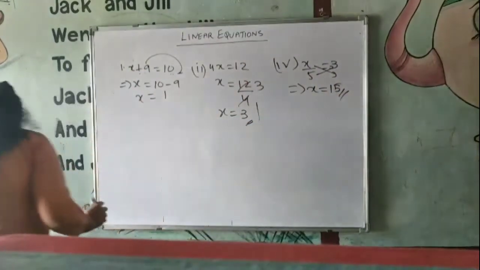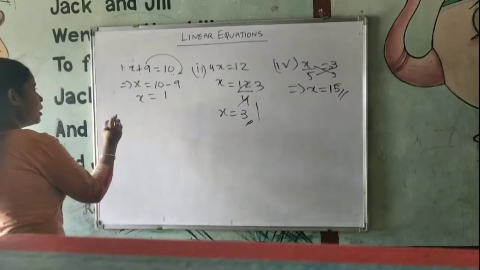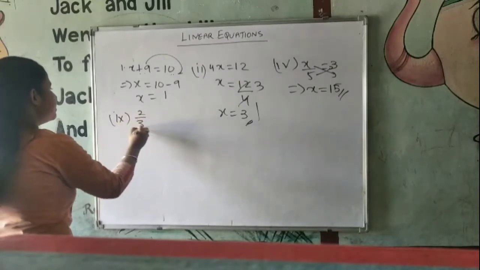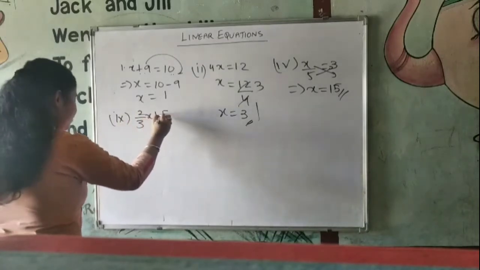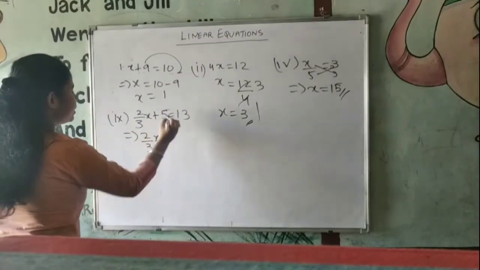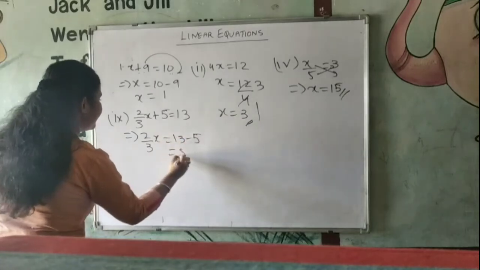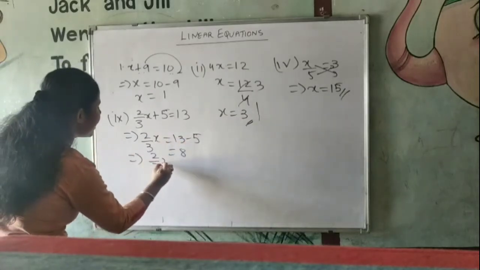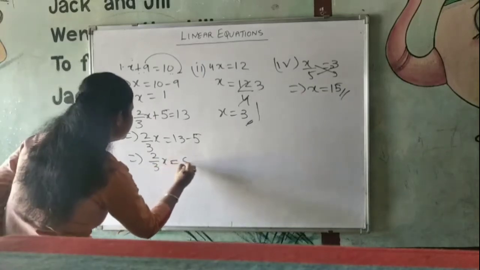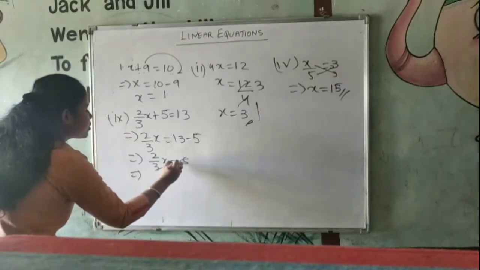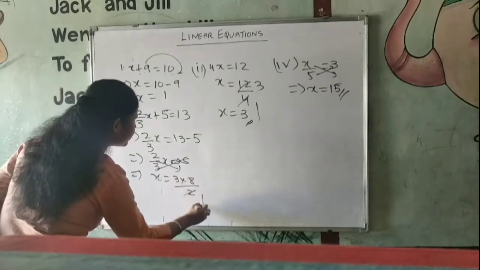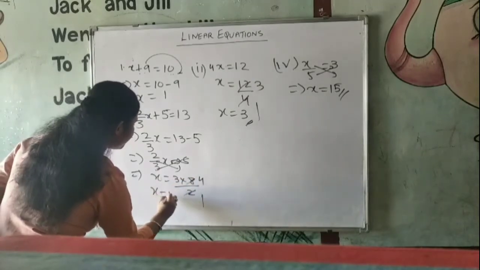Some questions like question number 9, I am solving the solution, you can see. 5 is equal to 30. So you can write 2 by 3x is equal to 30 minus 5 is equal to 8. Now you will do the cross multiplication. 3 will multiply with 8 and it will be divided by 2. 2 1s are 2, 2 4s are 12. Therefore the value of x is 12.